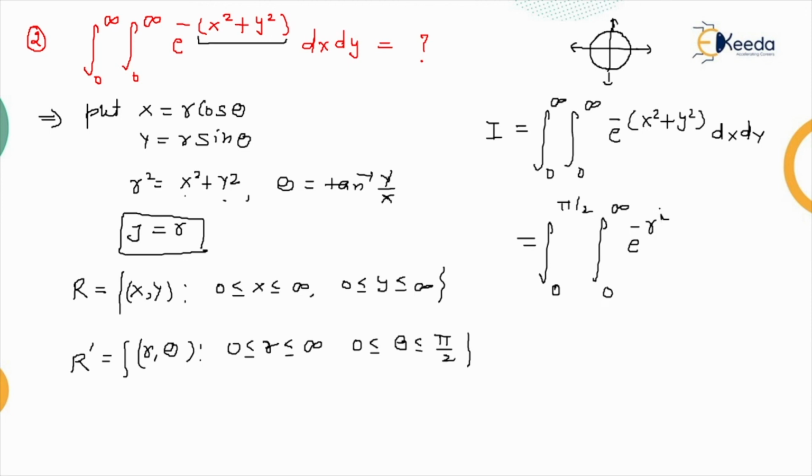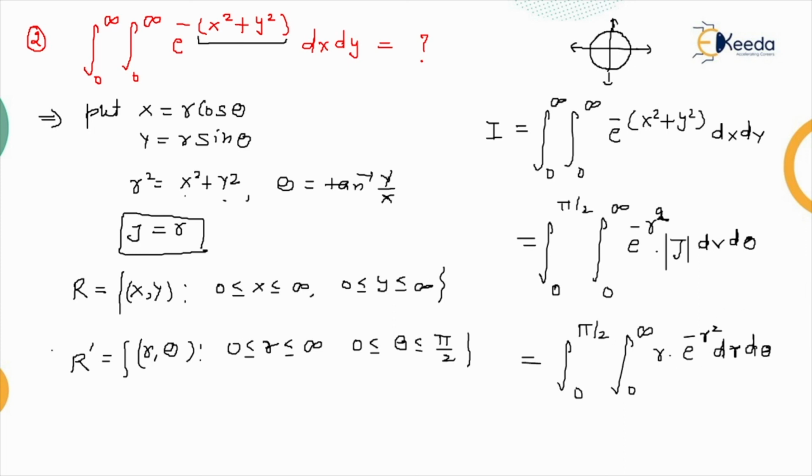I already told you that if you change from xy to r and theta, you have to write a Jacobian here. So you write J in modulus always, and dr and d theta, my dear. And what about the Jacobian? The Jacobian is equal to r, so you can write 0 to pi by 2 and 0 to infinity, and r is there, and e raised to power minus of r square, with dr and d theta. Clear? Now it is time to solve the integration of this complete part.